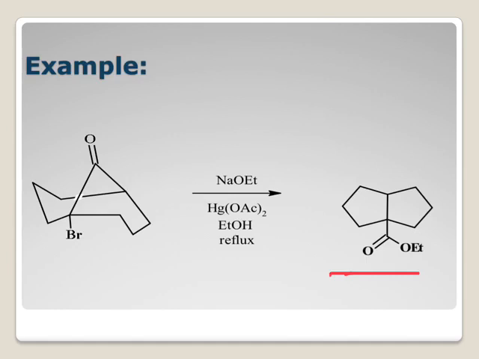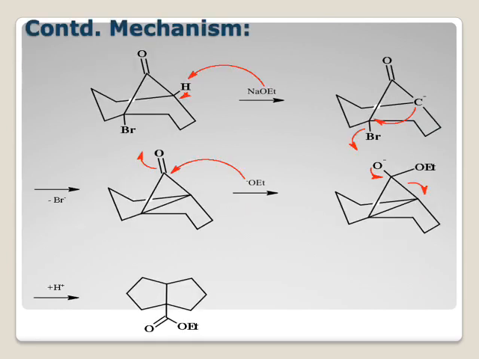We have this alpha hydrogen atom. So you can see this carbon. There are two alpha carbon atoms, the one having halogen and this one with the proton. So sodium ethoxide will abstract this proton, generating this carbanion. Then that carbanion will attack the carbon bearing bromine and bromide ion will leave the molecule.